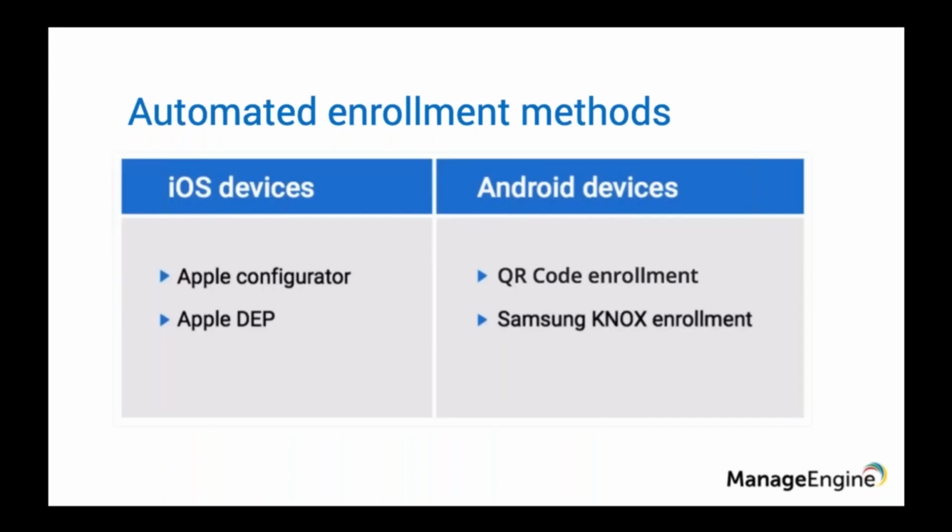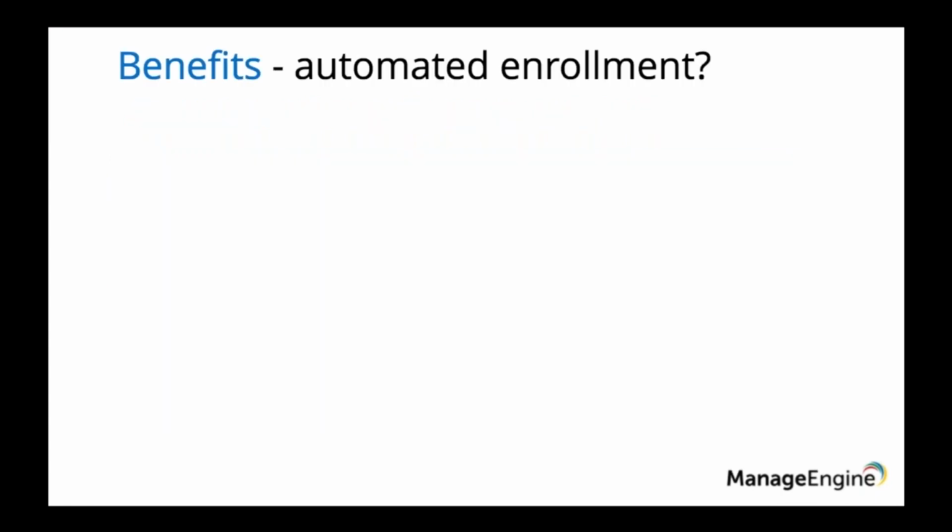In case of iOS devices, you can make use of the Apple Configurator option or the Apple DEP option. And in case of Android devices, you can make use of either the QR code enrollment option or the Samsung Knox enrollment option. Before we go ahead and start enrolling devices using any of these options, let's first understand the